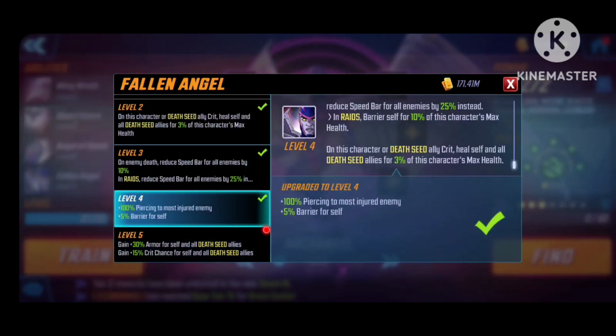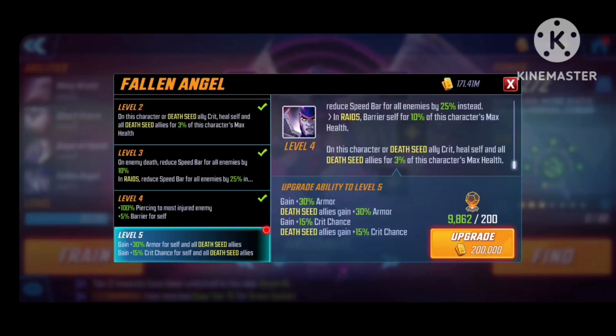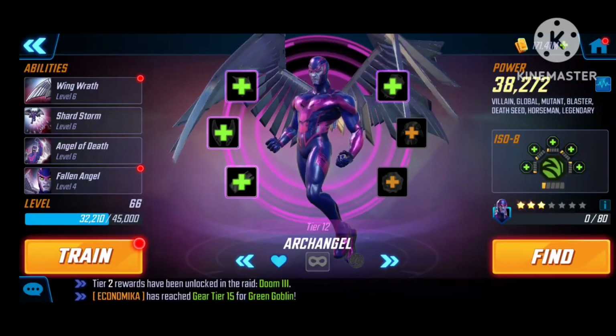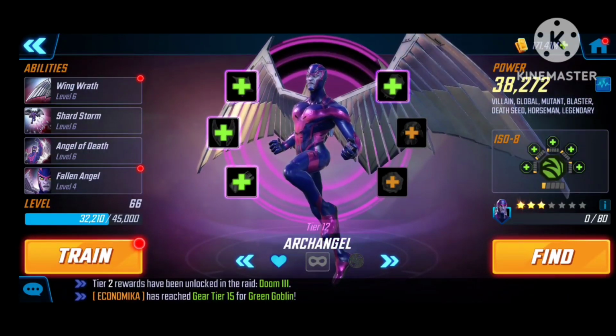Level 4 is good value, but at the end of the day, we do want to maximize as much statistical boost as we can for the team. This is not the most important T4. I would definitely focus on his basic, his special, and ultimate before his passive. That said,